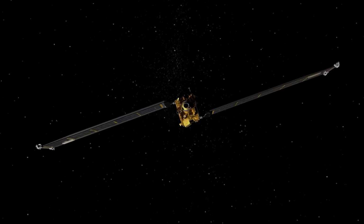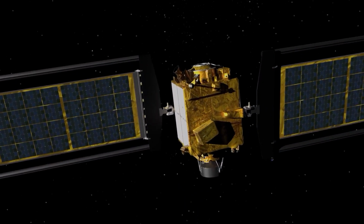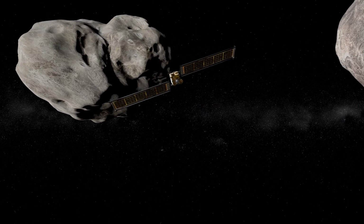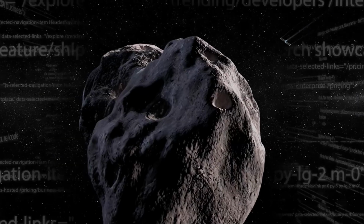Our Double Asteroid Redirection Test, DART, was a demonstration of using the kinetic impactor technique. The idea is pretty simple. You basically just take a spacecraft and you run it into an asteroid and bump it out of the way. What? You think science fiction, but this is real. Never in my life would I have thought I would take a couple hundred million dollar spacecraft and crash it into